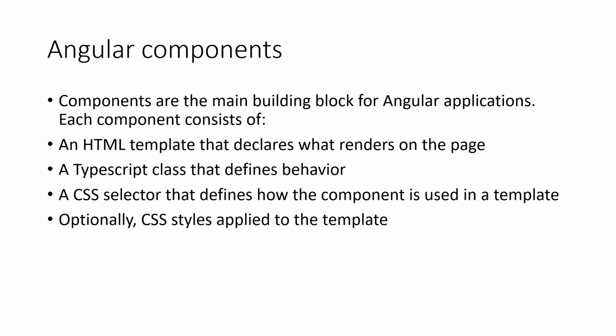Then the CSS selector defines how the component is to be used, like what is your tag name? Right, so you will create an Angular component, say my app. So when you place that my app tag, this is all this. When we say CSS selector, now what is a CSS selector? If you go to HTML, any div, div ID, right? Everybody knows what a div is. A div is a CSS selector, correct? You say document.getElementById. So you define your own CSS selector. You will say this is my tag, and whatever behavior you want in that HTML to be rendered in the tag, you will put it in the HTML template. And whatever class logic, TypeScript.